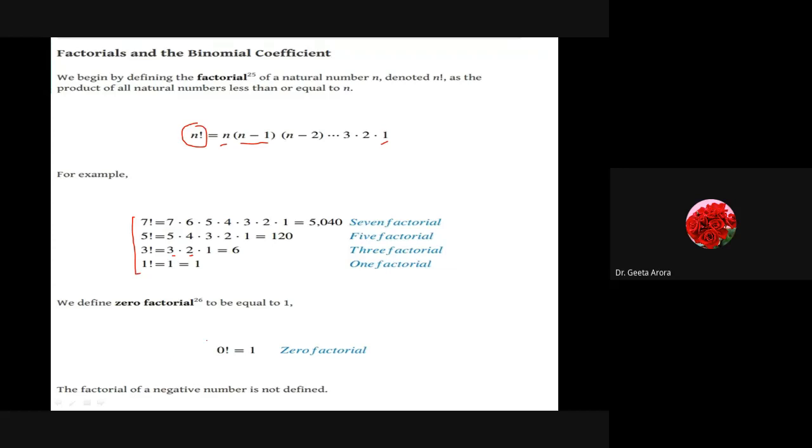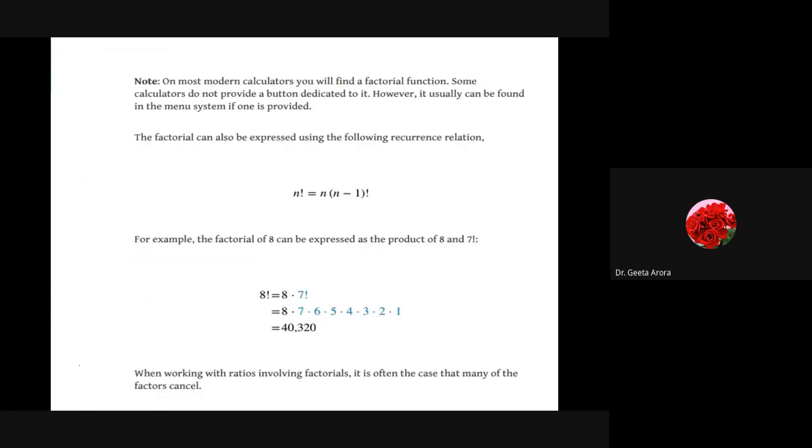Correct? Because it is just a type of identity or property we have to use for the factorial sometimes while working with it. And sometimes we might get a negative number, but it's a very rare chance. So factorial of a negative number is actually not defined. Correct? So these are some of the things, because here in binomial theorem we are going to use the factorial notation.